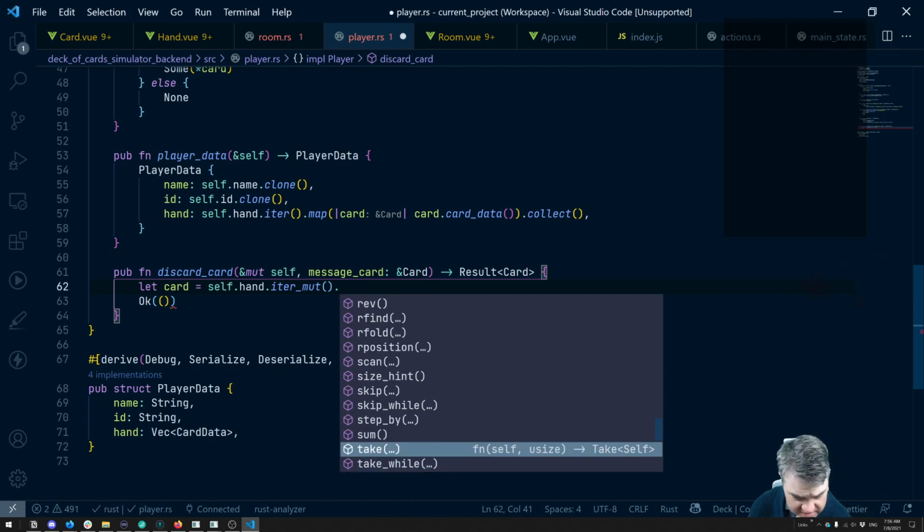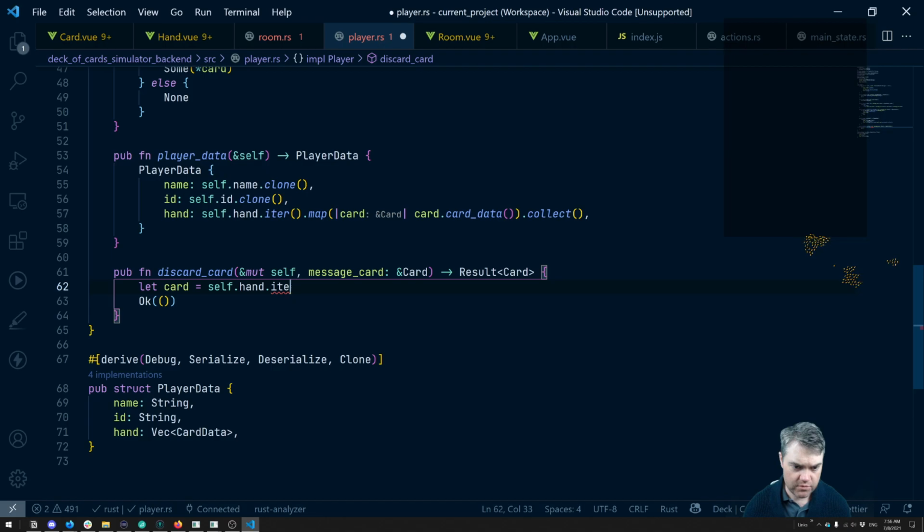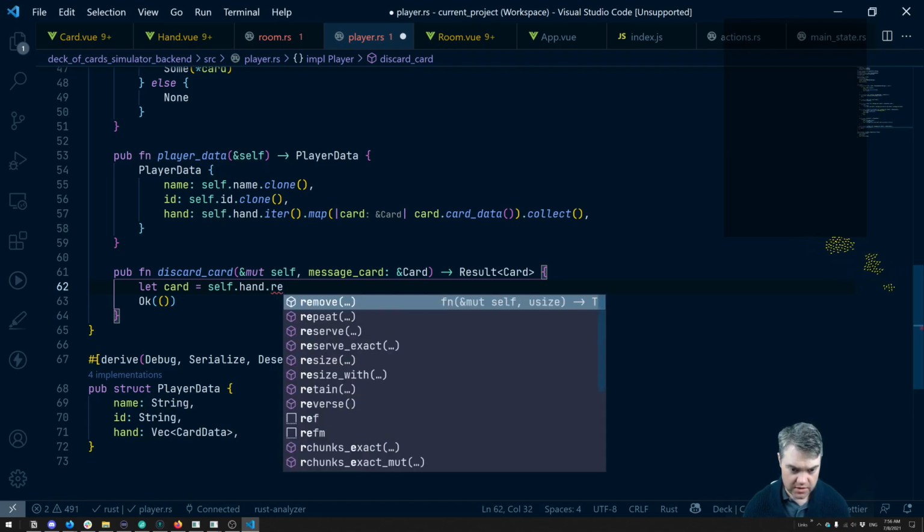There's take. Oh, that takes the usize. Okay, that's not what I want. Okay, that's not right. Wait, is there a remove without just off this? There is. Okay, but that takes an index. Okay, so I need